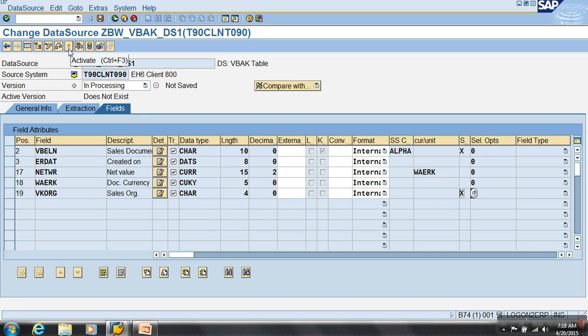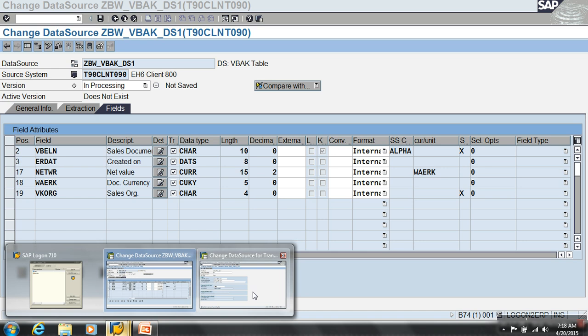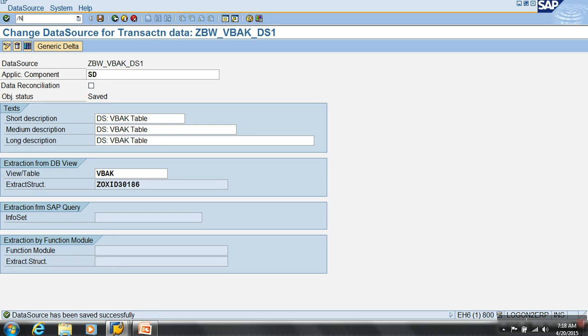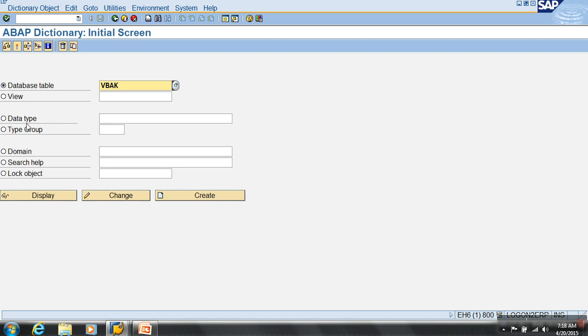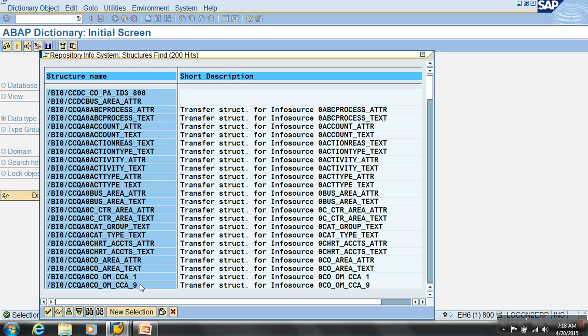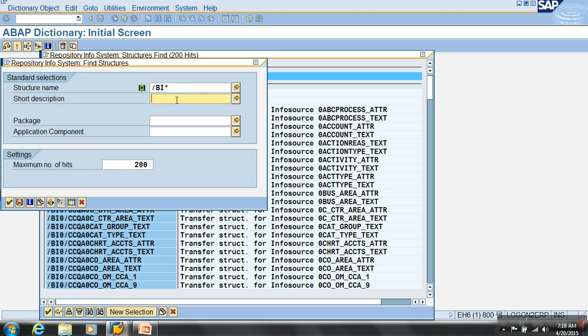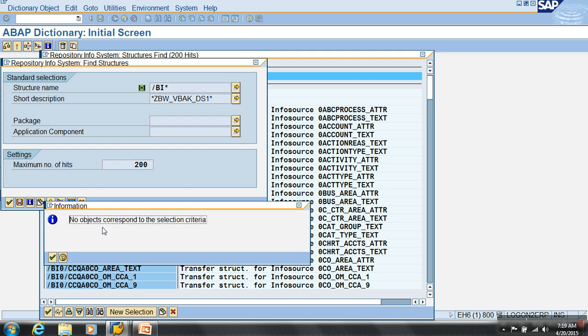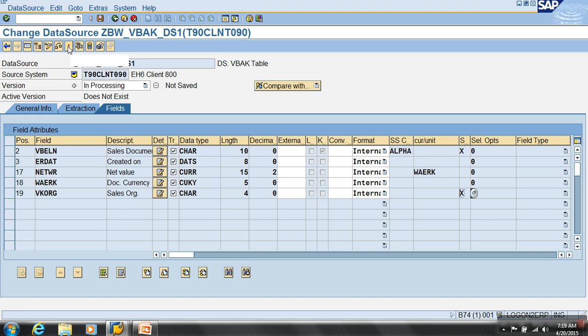So before activating, I will try to search for the transfer structure. You can check it here. In ECC I'll go in. This is how you can search for the structure: I know the structure is formulated with the naming /BI*, and I search for structures. New selection: give your data source name with a star before and after. Did you find any object? No object, because no transfer structure had been created. After I activate this data source,